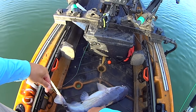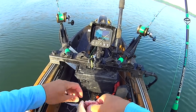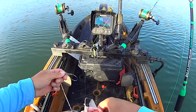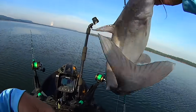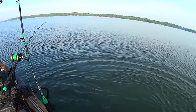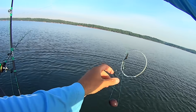These dang things, they hit the bait, these small ones especially. They'll hit your bait and then instantly feel the resistance and start rolling. And when they do that, they get themselves all wound up. Well, he's going to be wound up now because he ain't fought the whole way up. Let's get rid of him. Get out of here. Danged old fish. Well, he flung the bait off too in the process, so